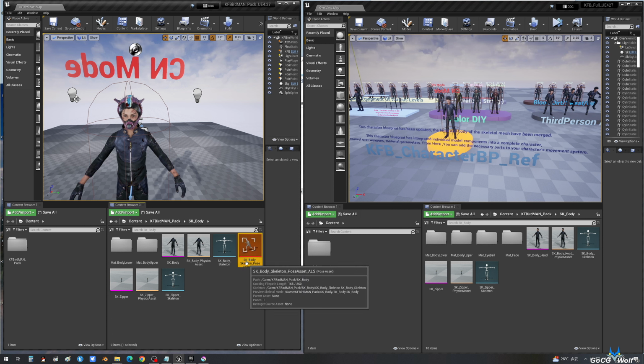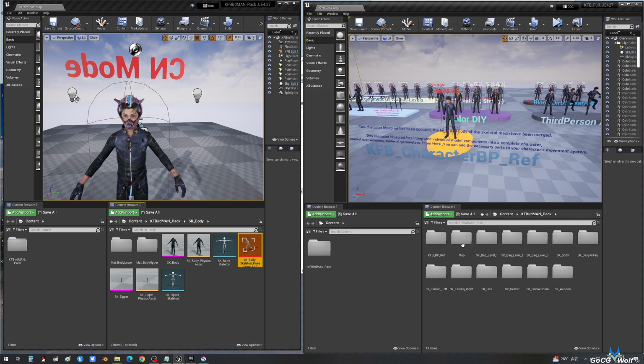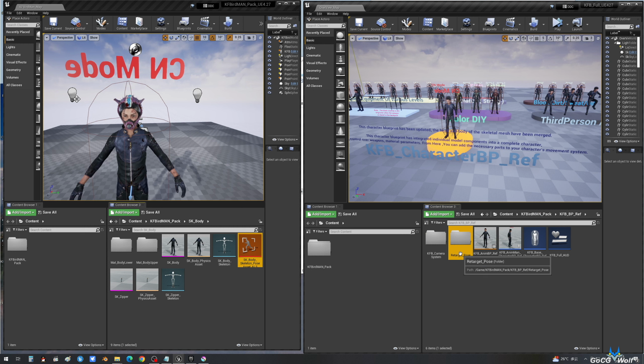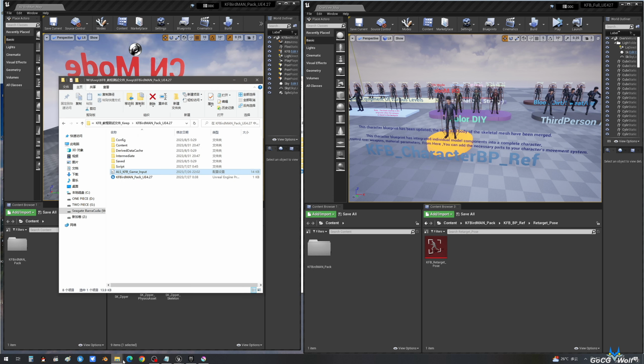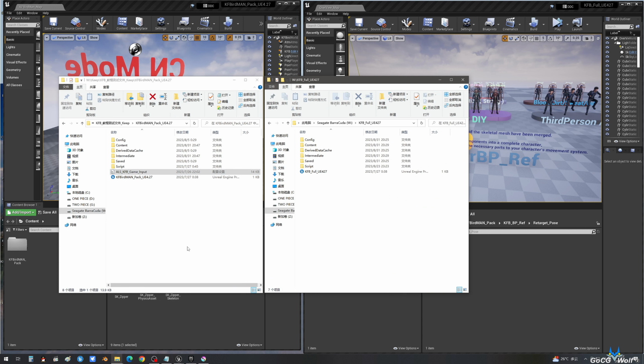The redirected pose has already been moved to the redirect folder. Furthermore, in the tutorial, we used to import player game inputs from the project settings.